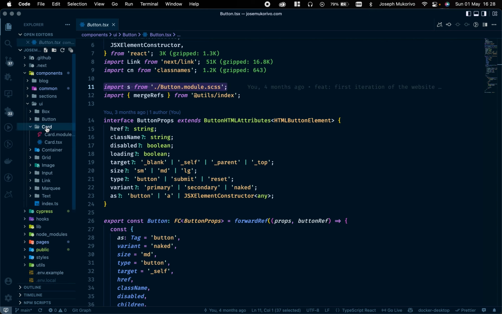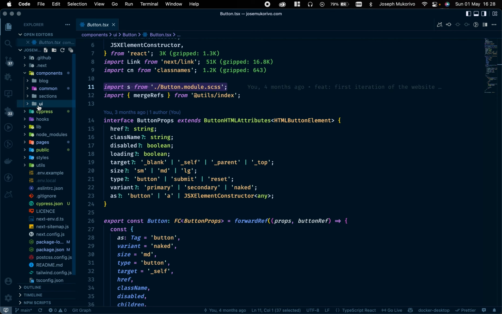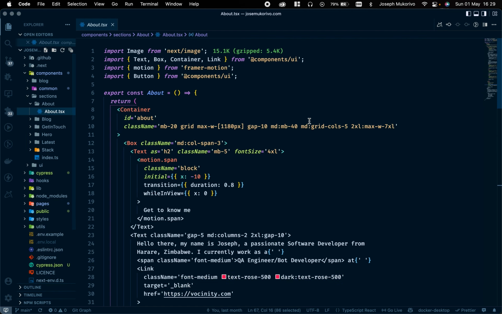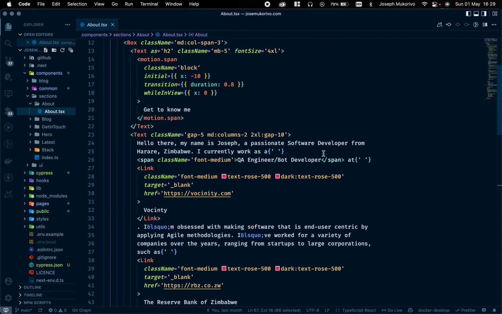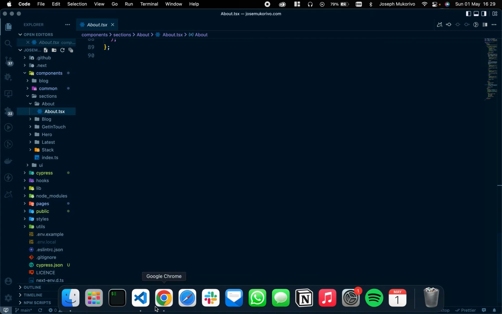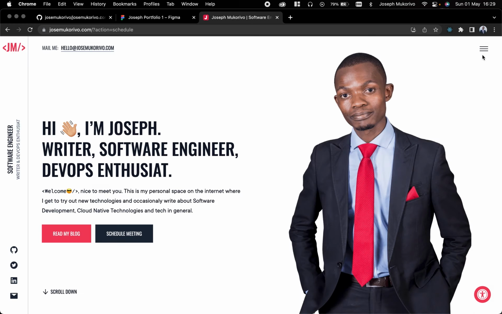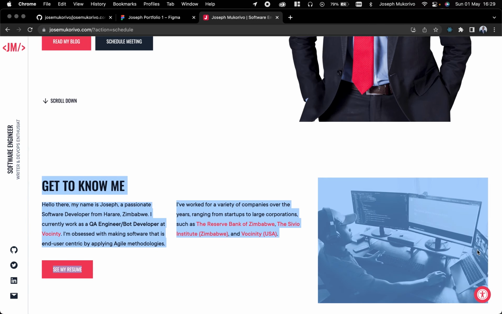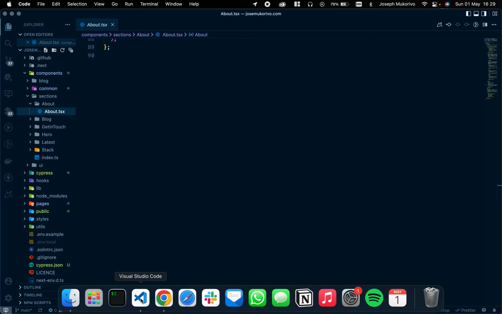We have the main tsx file, and then the CSS module file. To create big sections like the hero section and the about section, I have to combine these small components. For that, I'm using this sections folder. If you go to this sections folder, like if you go to about right now, and go to the top of the file, as you can see, it's importing those small components and then combining them here to form this about section, which is this one. Let's go back here, which is this one,